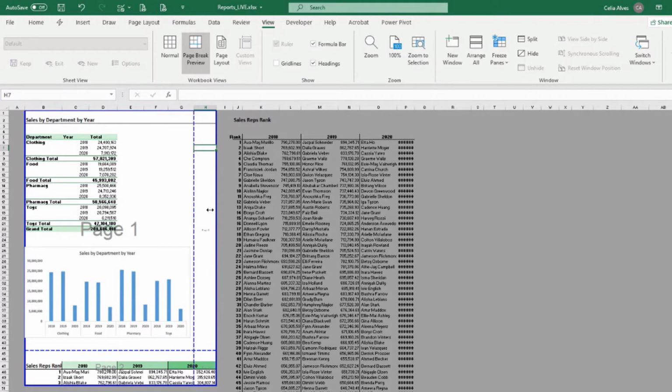I can drag them. Of course, I cannot drag them indefinitely. I may not be able to do that depending on how much I want to fit in one page. But in this case, it's just one column. So that was missing from the page. Let me go and do that. So this indicates that column H is being left out of the printing, and this one is also being put